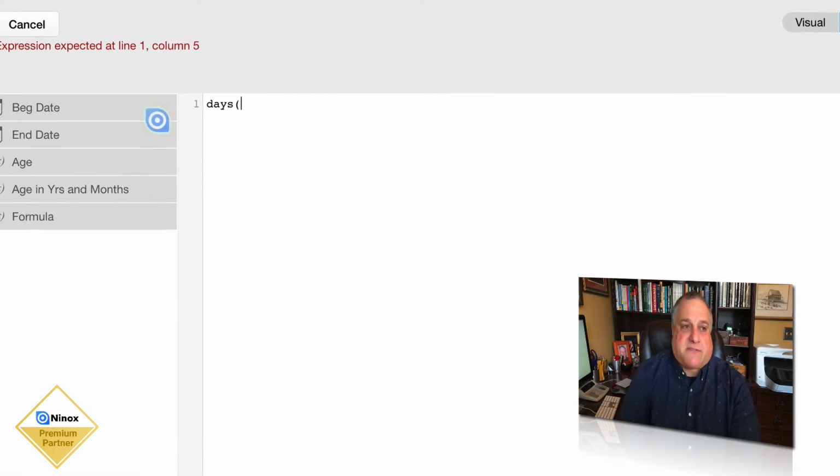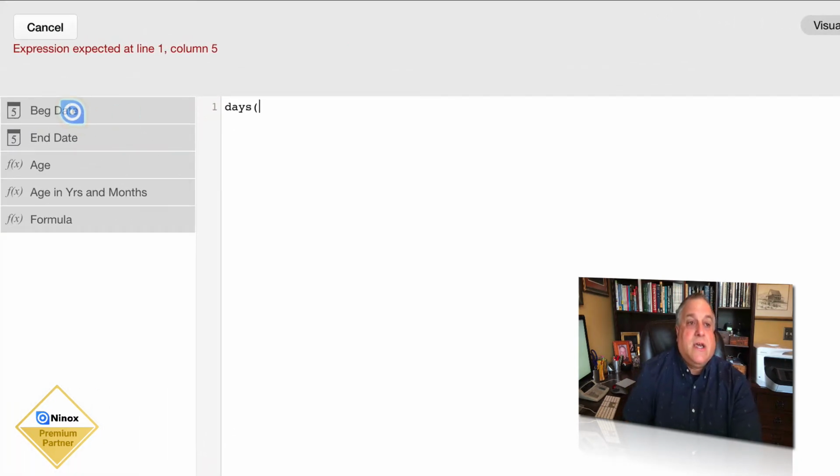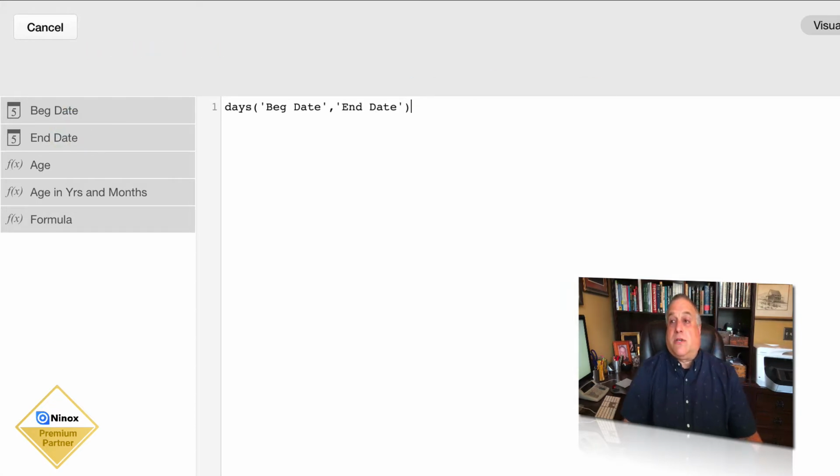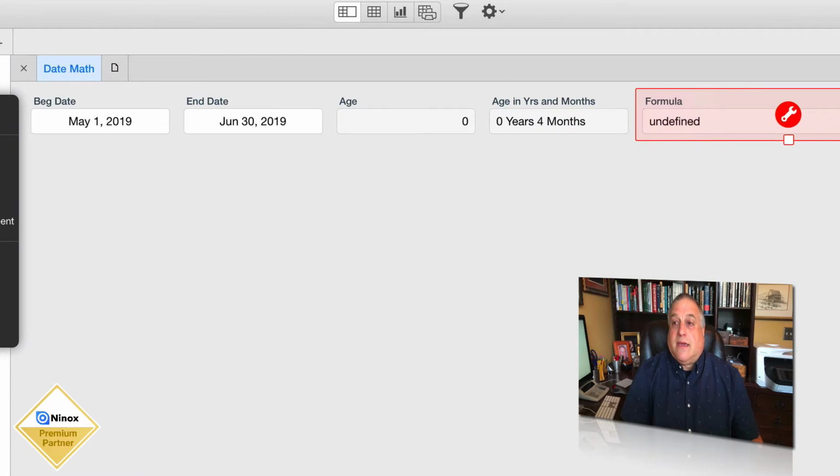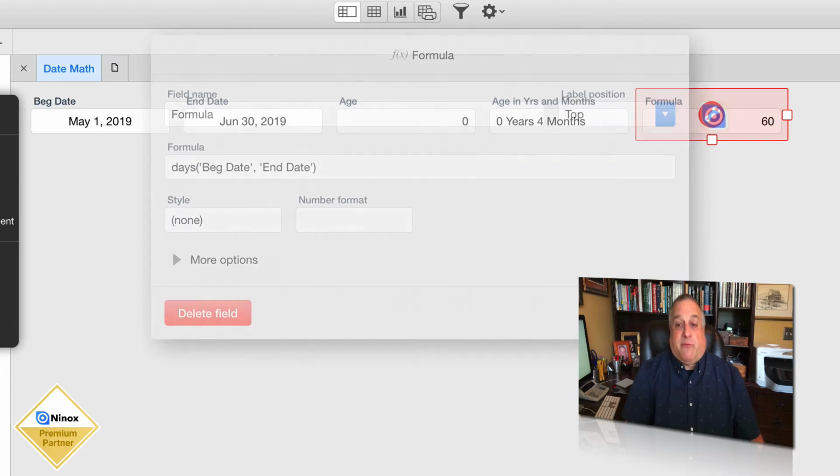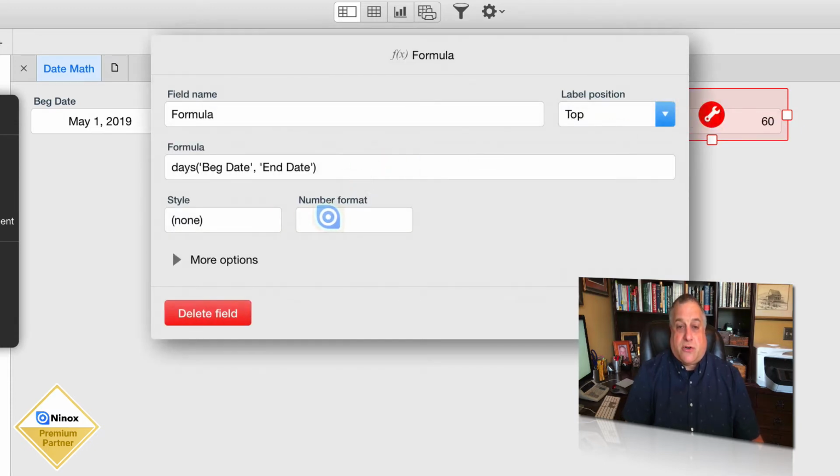And the syntax for this function is days, open parenthesis, the first date, comma, the second date, close parenthesis. It will still give us the answer 60. In this case, it will be 60, and if we want to define the units of measure, we can do